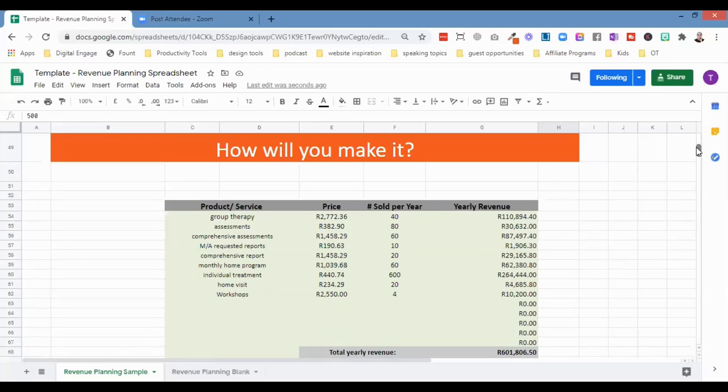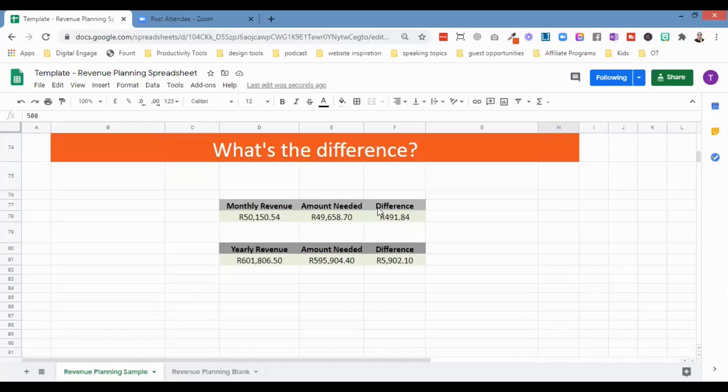So another way you can make decisions: like I said, you can cut down on your expenses by reducing your salary or cutting down on certain services that you pay for, or you can increase your prices, choosing your percentage of increase based on how much of a difference you want to have. Or a third way that you can influence this number over here, the difference between your revenue and expenses,